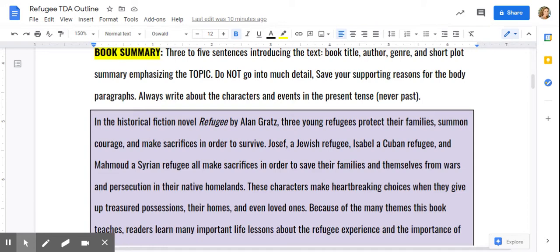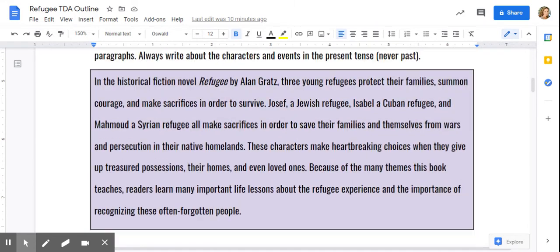These characters make heartbreaking choices when they give up treasured possessions, their homes, and even loved ones. Because of many of the themes this book teaches, readers learn many important life lessons about the refugee experience and the importance of recognizing these often forgotten people. There's a summary. I don't go into any depth here, just a quick summary, which is leading the reader, that's you,